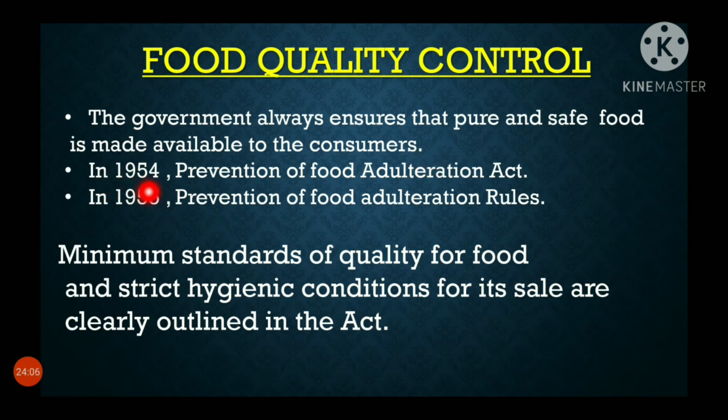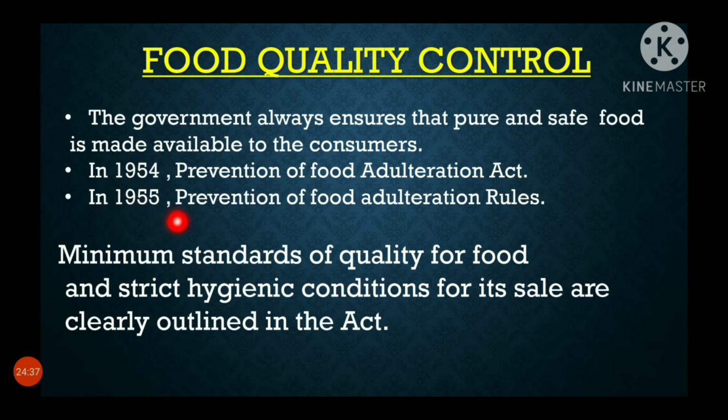In 1954, the Prevention of Food Adulteration Act was started. In 1954, they said that rice and milk should not be adulterated. Water should not be added to the milk more than the milk. In rice, if you see, black stones will be coming. That is also an adulteration because they are decreasing the rice content and increasing the stone content. So we are getting cheated by paying money.